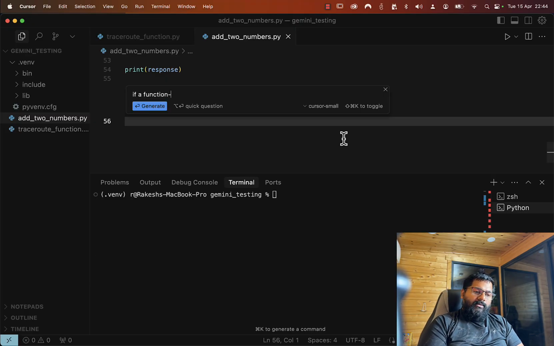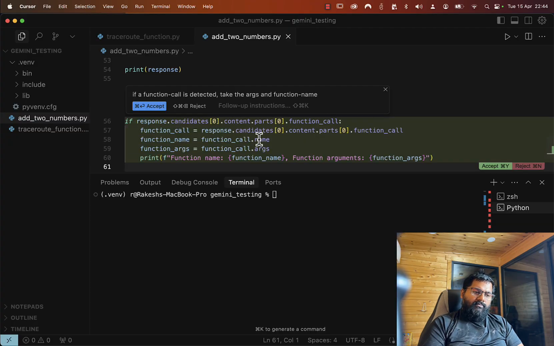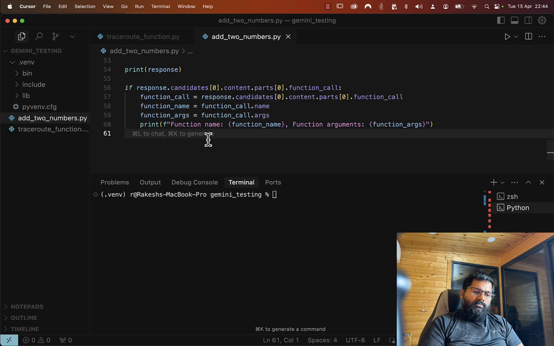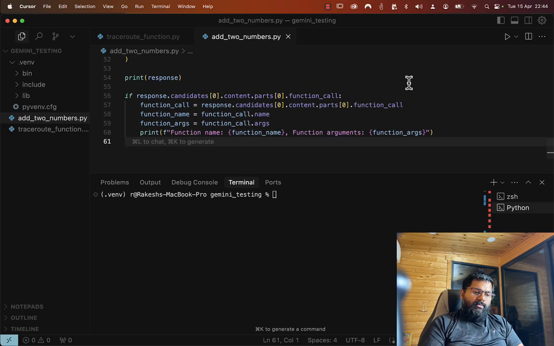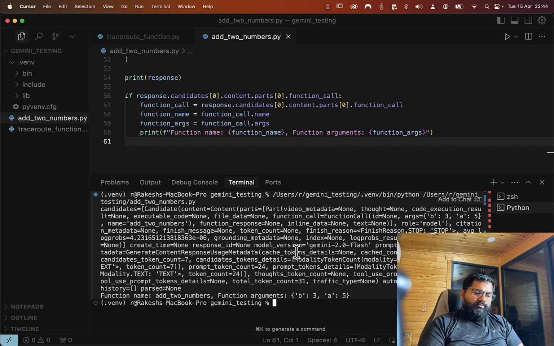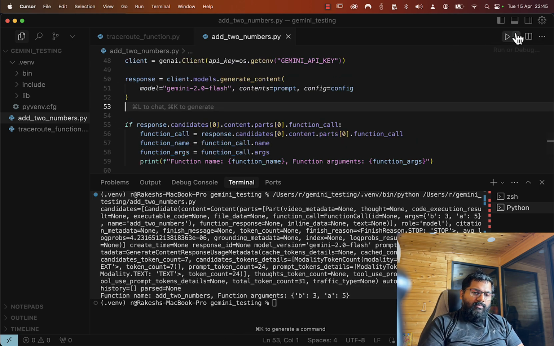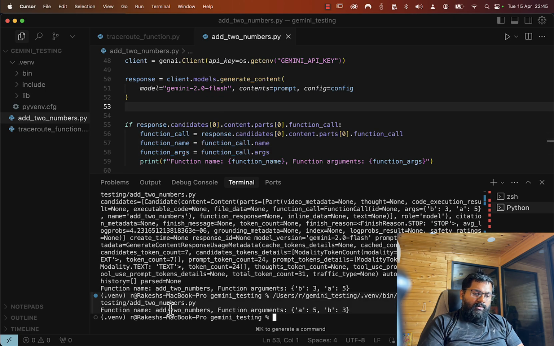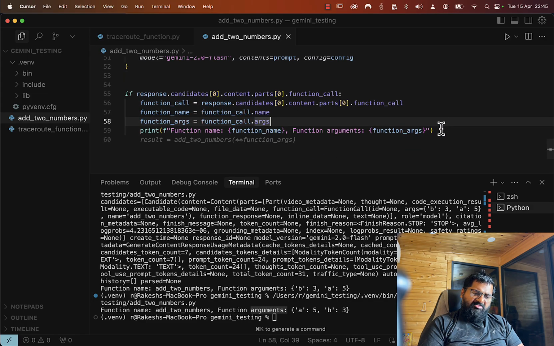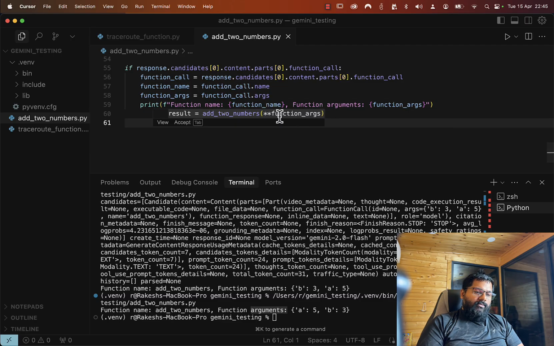if a function call is detected, take the args and function name first, right? So it says, yeah, if it is there, it is so and so. So let me remove this one. So fantastic. It knows that now it has to add two numbers as a function, and its function arguments are so and so. Fantastic. Now what we'll do, we know